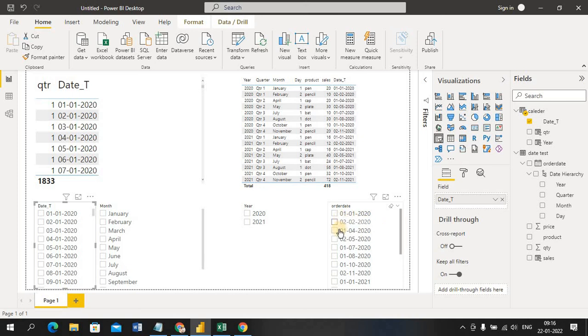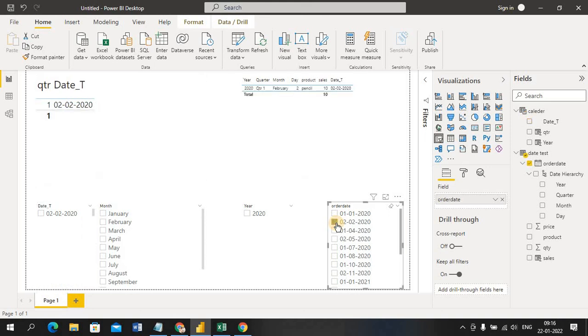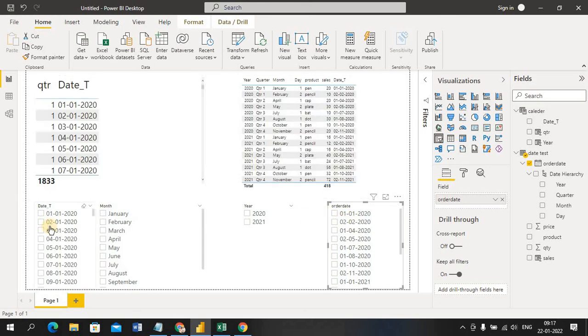So if I select 02 2020, if it is available it will come, because for this data only I have the orders. Whatever dates are available here are also available there, but whatever is not available here is not available there, because it only has the transaction dates, meaning order dates, which come from the Excel.